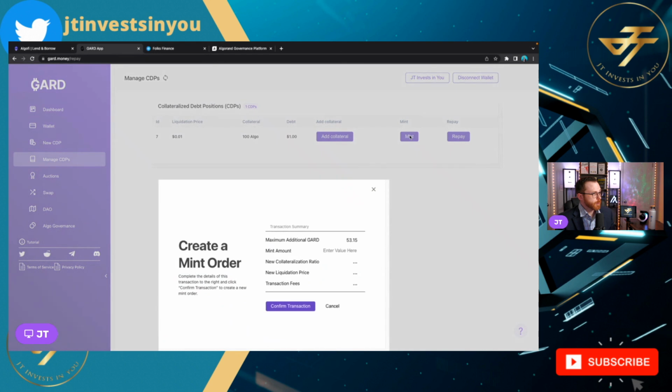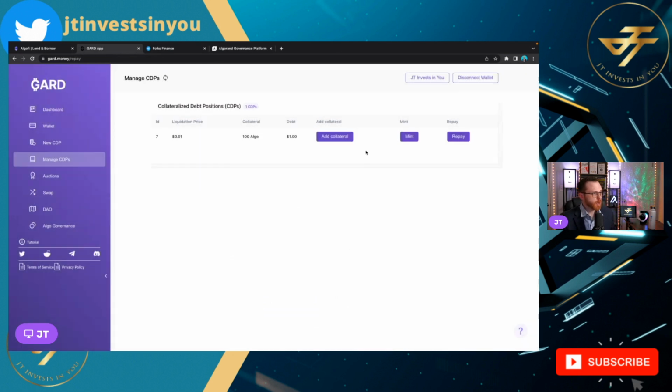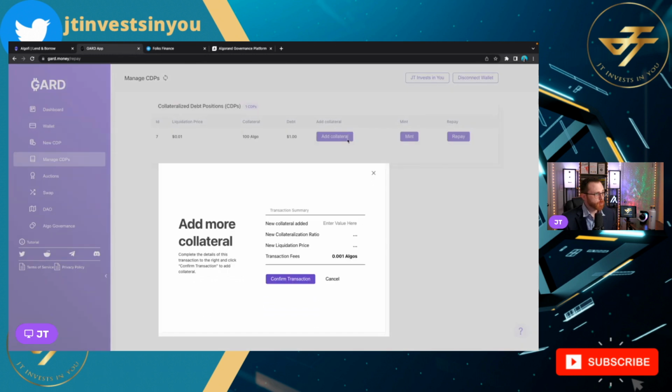could mint more GARD. The maximum additional GARD I can mint is 53. I could mint 10 more if I want. I could mint 53 more if I want. I don't want to mint any more right now, but it gives you that option just so you know it's right there, super simple to do. You can always add more to your collateral right here. Super simple as well. You just want to click on Add Collateral, enter the value here that you want to